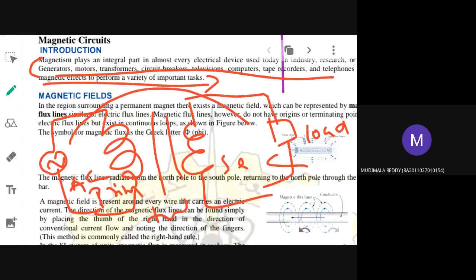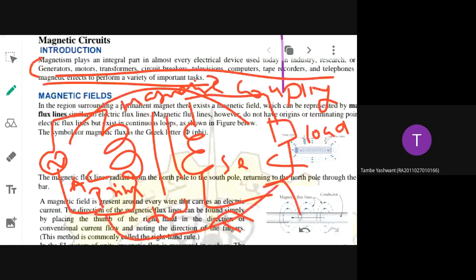So these transformers usually have one primary winding and one secondary winding, as indicated in this diagram. Are the primary and secondary windings physically connected or not? Not physically. No physical connection will be there. But how are they connected? Magnetically. So there is a magnetic coupling. No physical connection, but there is magnetic coupling, because of which energy from one side is transferred to the other side. So this is one good example of a magnetic circuit.